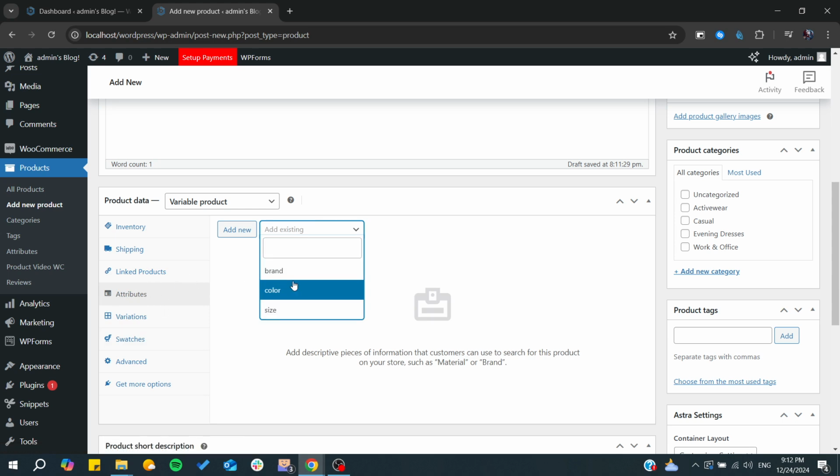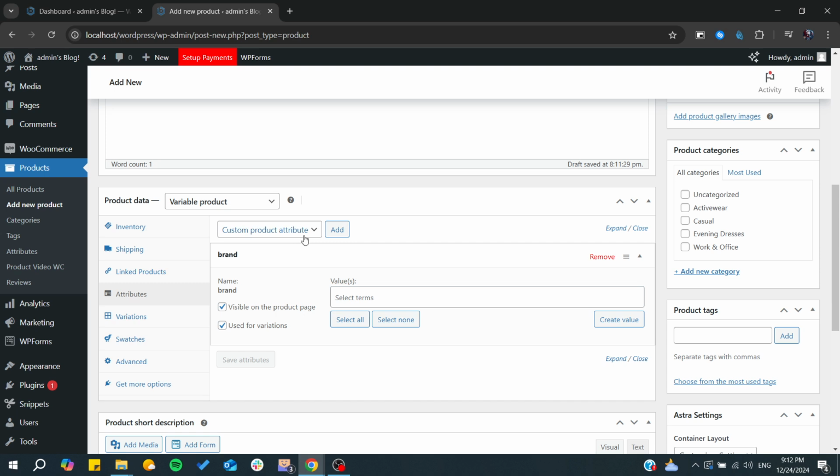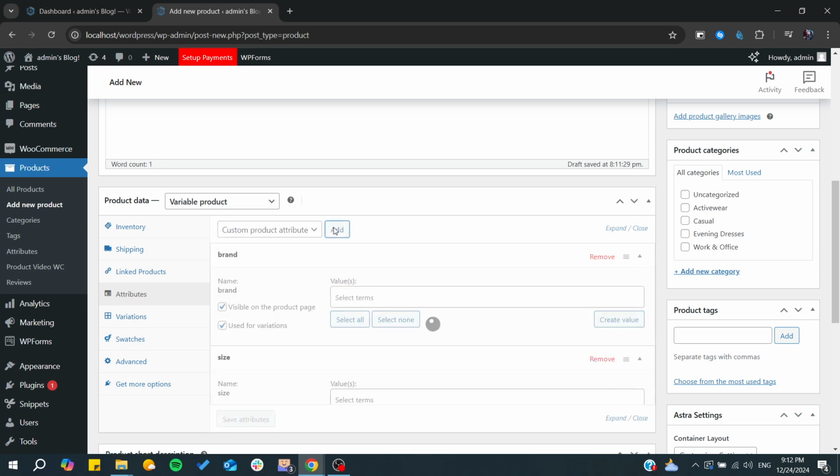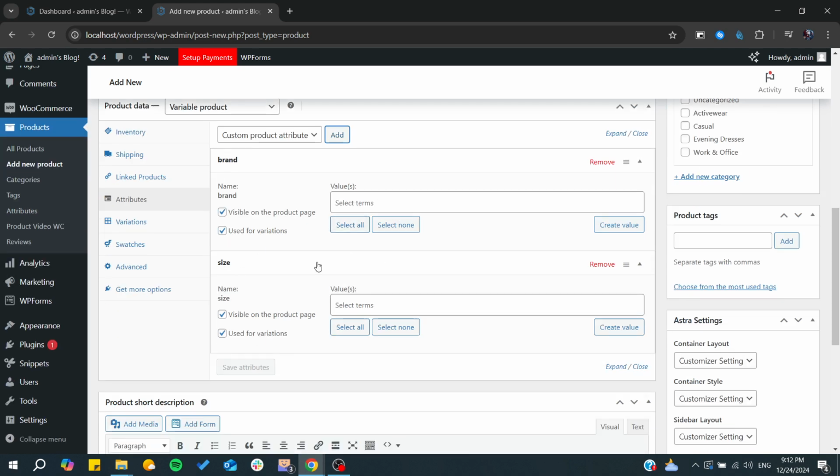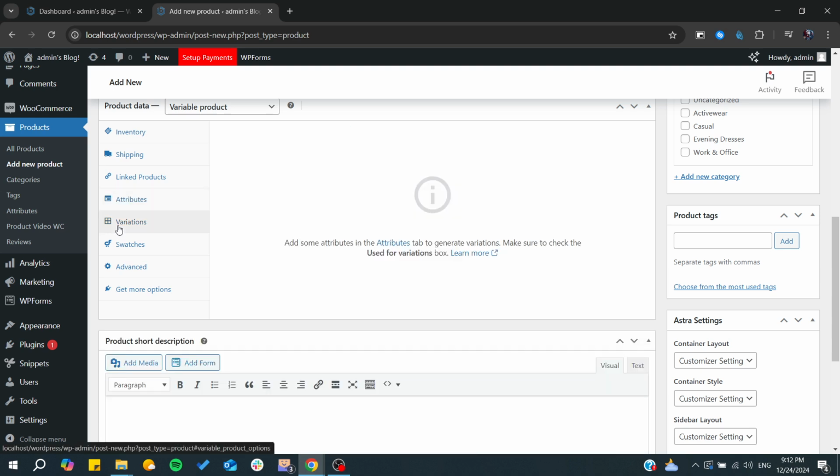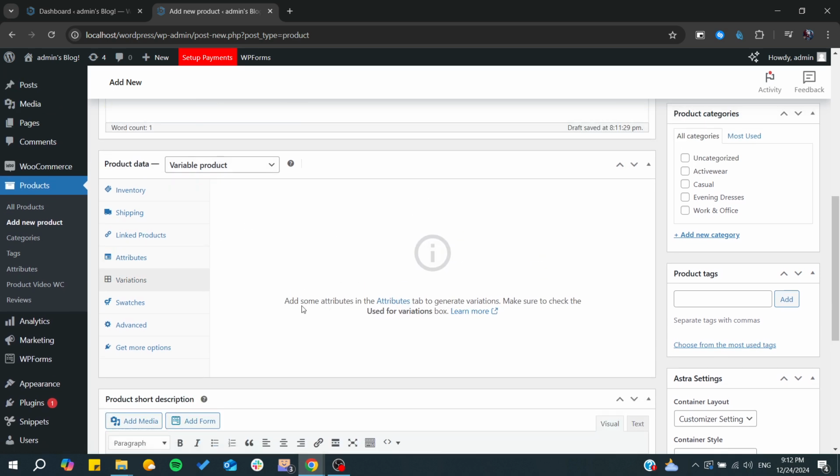I already have some attributes added. You can give it, for example, a brand name, or a size. I'm just going to add, and those are my variables here. And after that you can start